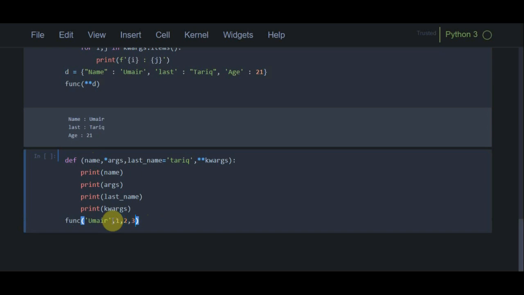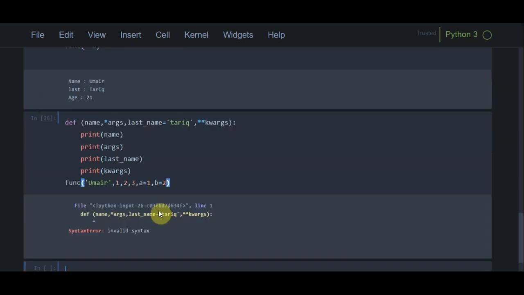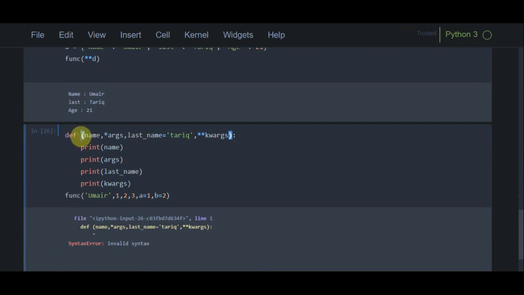These integers will be given to args, and then I can assign a equals 1 and b equals 2. These values will be given to kwargs. As you can see, there is a problem in this program: I forgot to write the name. Yes, now it is perfect.